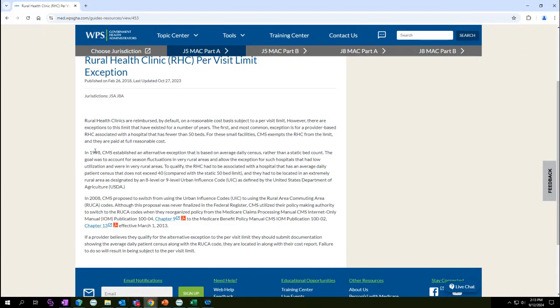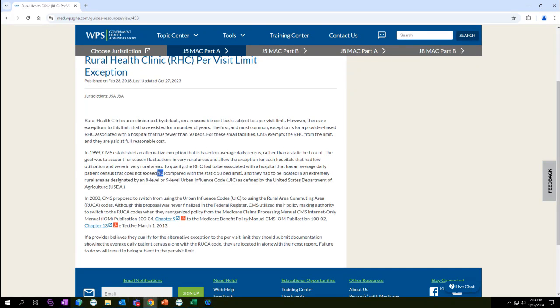And in 1998, CMS established an alternative exception. Rather than the 50 beds, it's based on average daily census. So the idea is there might be hospitals that had to have enough bed size because there might be seasonal fluctuations. They might need more than 50 beds kind of capacity, but their utilization fluctuates quite a bit. They're in very rural areas. So the idea here is if the RHC or if the hospital has an average daily census that does not exceed 40 people. So in other words, they might have more than 50 beds, but if no more than 40 of them are used on average,